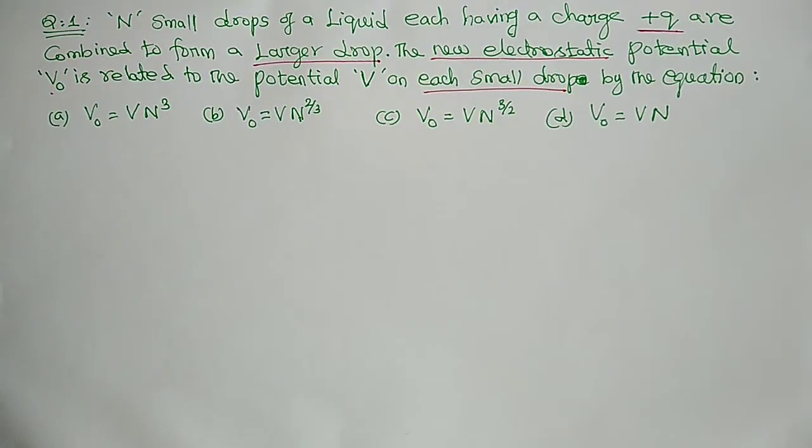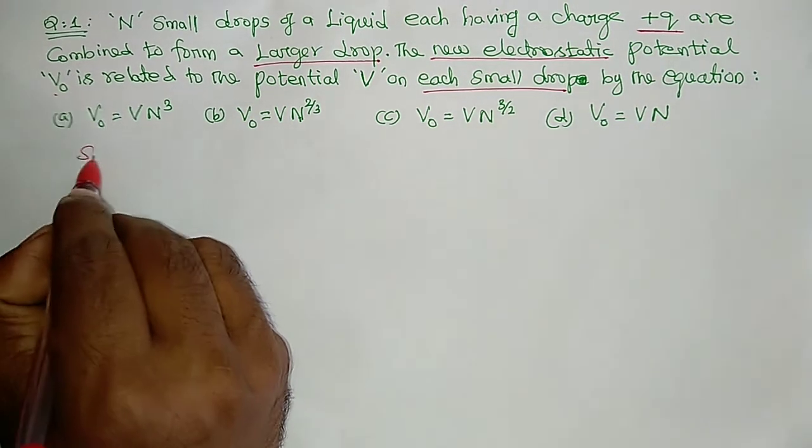We have to understand this problem well. There are n number of small drops, each having charge plus q. All of these combined will form the larger drop. So what is the new electrostatic potential V0, which is related to the potential V on each smaller drop? Okay, so the solution of this problem is